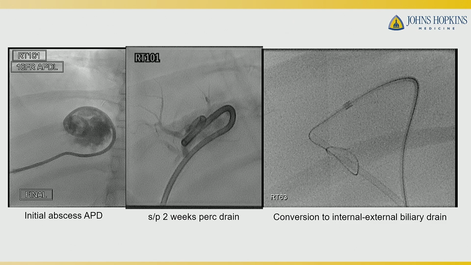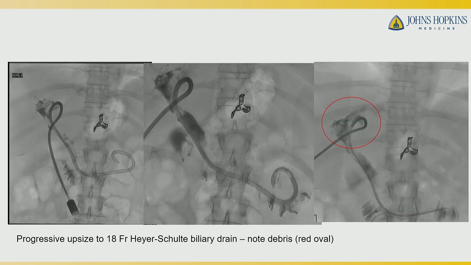So we brought her back, performed a cholangiogram, and decided to convert this initial abscess drain into a percutaneous internal external drainage catheter. So we converted our APD into an 8 French sheath, used a 15 millimeter Amplatz gooseneck snare to snare out the ERCP-placed plastic stent to give us some running room to get through, used an 035 system of catheters and wires to get down, and eventually placed a traditional internal external biliary drain through that initial biloma into the biliary system to give some biliary decompression.